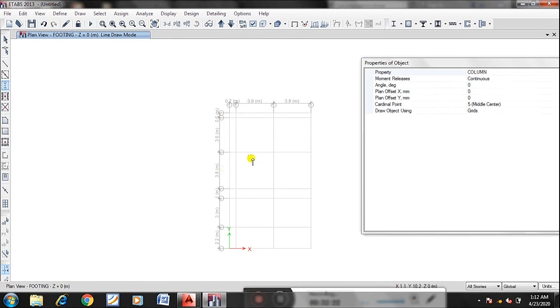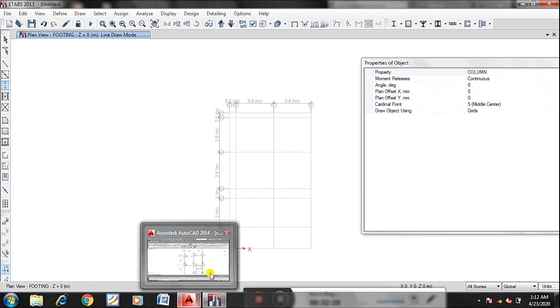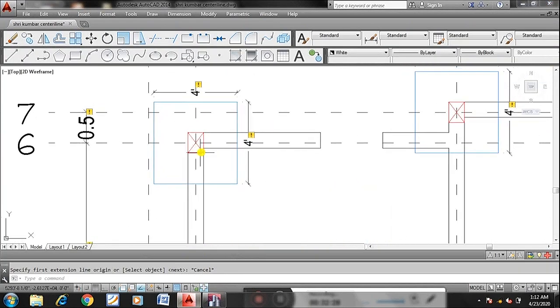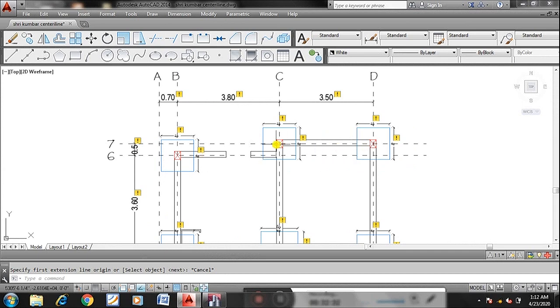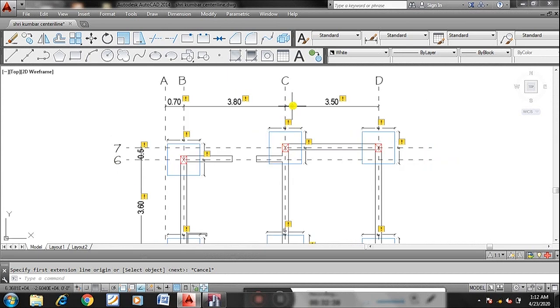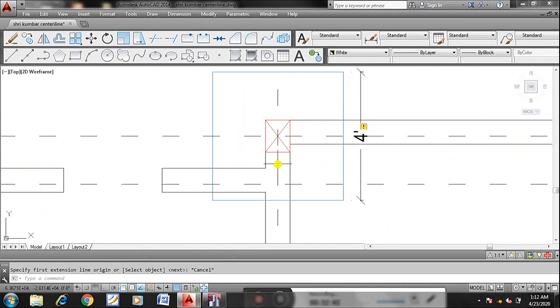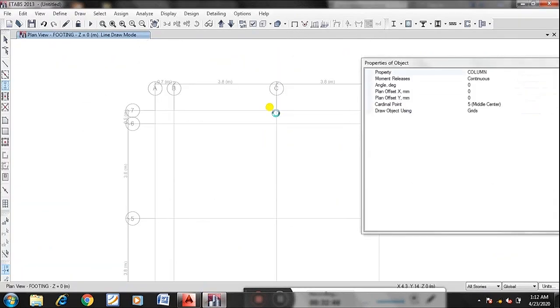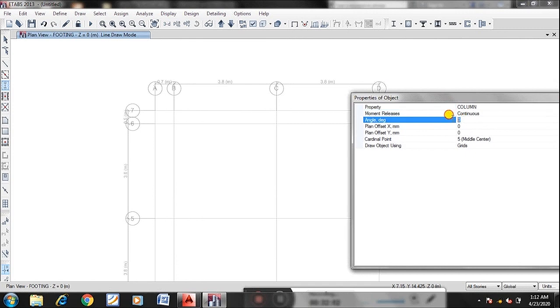So the orientation is most important. Before that you must know where exactly we have located the first column. I'll number the columns in this direction itself, so I'll take this as the first column. 7C is the first column, and the orientation is in this manner. Here I can fix it, but the orientation is different. Now I'll change the orientation angle. I need to change it to 90 degrees.